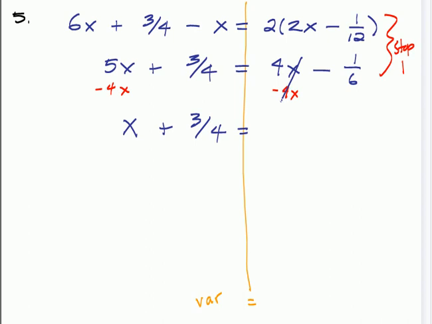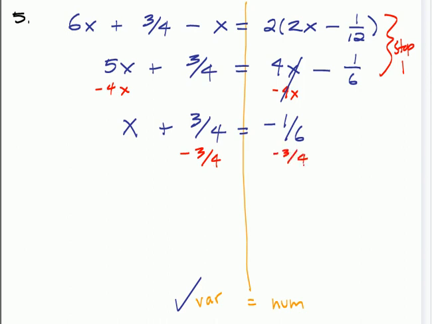All right, so we got all of our variables on the left. Now we have to worry to get all of our old numbers on the right. Who's out of place? Yeah, 3/4. What's being done with it? It is being added, so we want to do the opposite of that, which is to subtract. So we're going to subtract 3/4 from this side, and the other side just kind of comes along with that. So, okay, if he gets a minus 3/4, I do too. So the result of that,